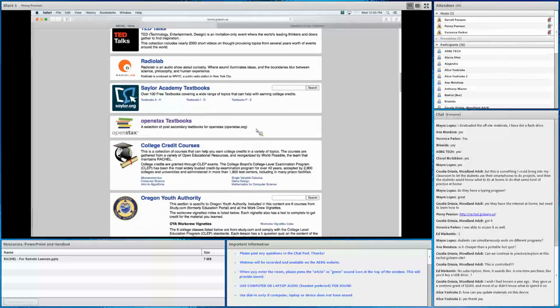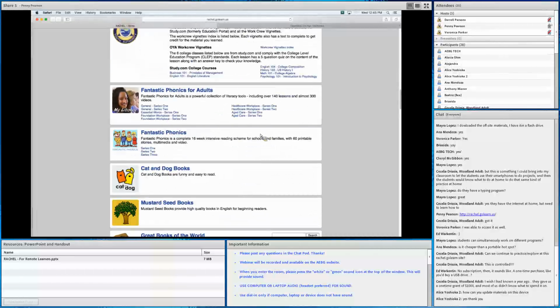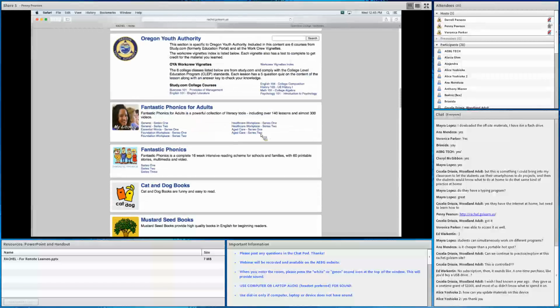So you have other information here about what's here. Remember, I talked about the Oregon Youth Authority. So this is the information. It's specific to Oregon, yes. So you'd probably take this off, but it is a good way to understand what's going on and how they provide, especially some legal resources, etc.